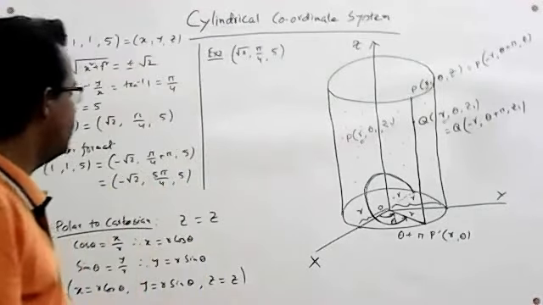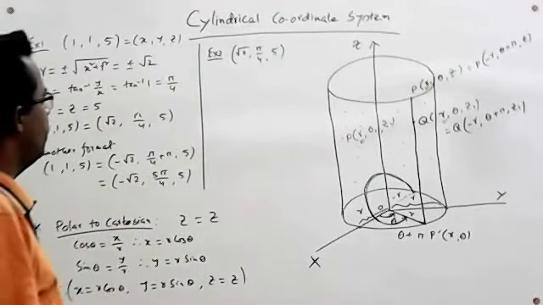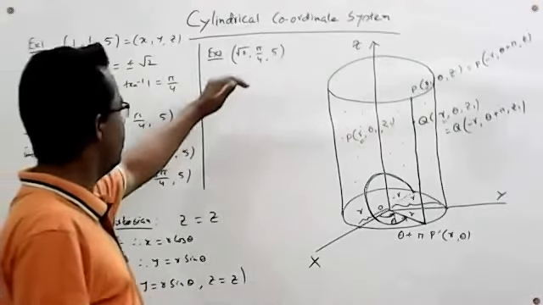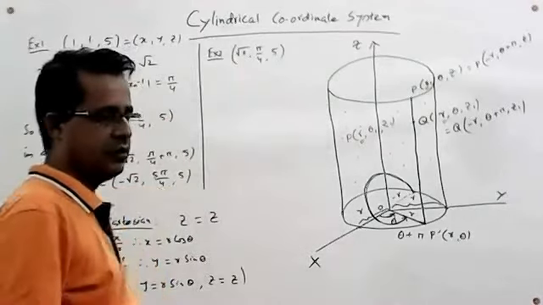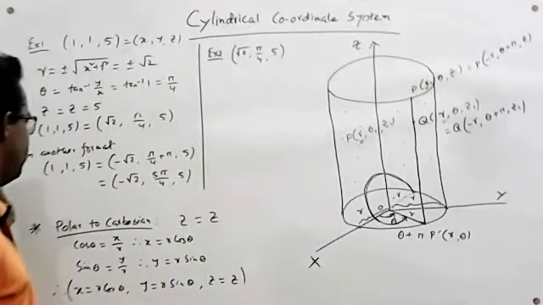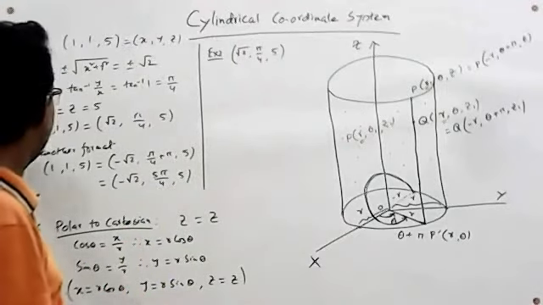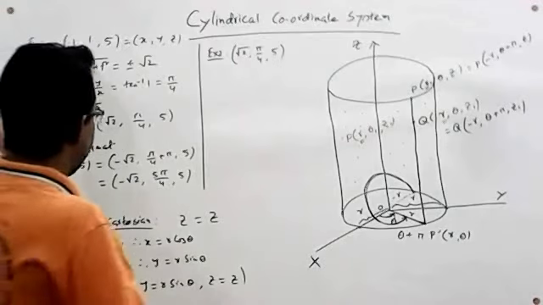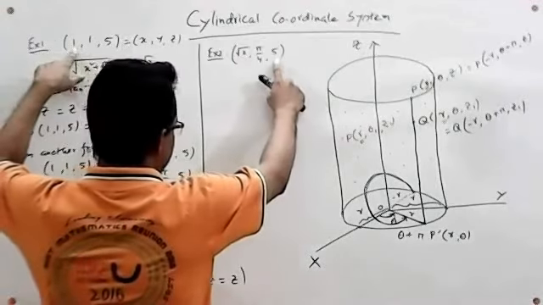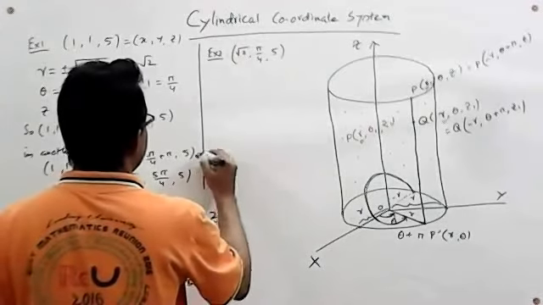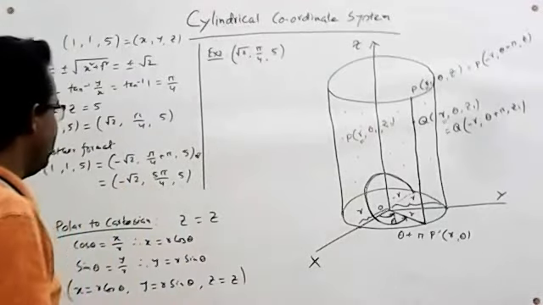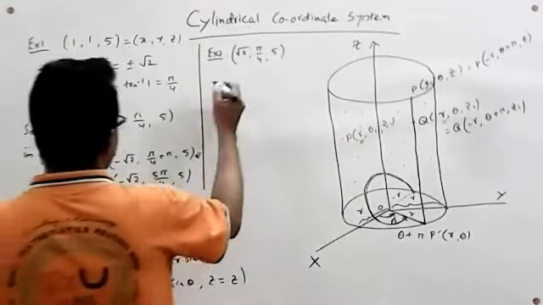Now we want to calculate from the cylindrical to the Cartesian coordinate system. For this example, we want to get back this Cartesian point from this cylindrical point, and that is for this representation. We see what will happen. Root 2,